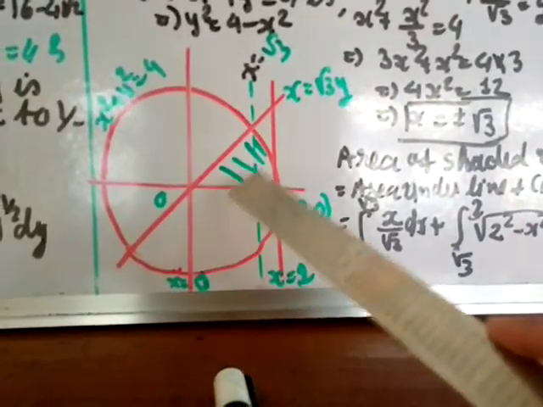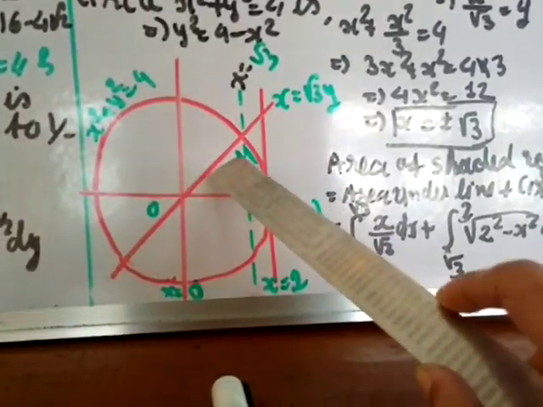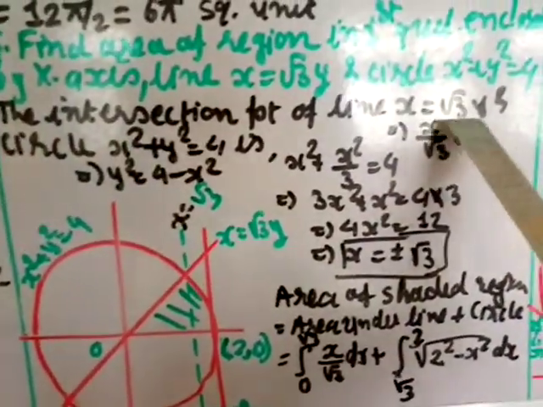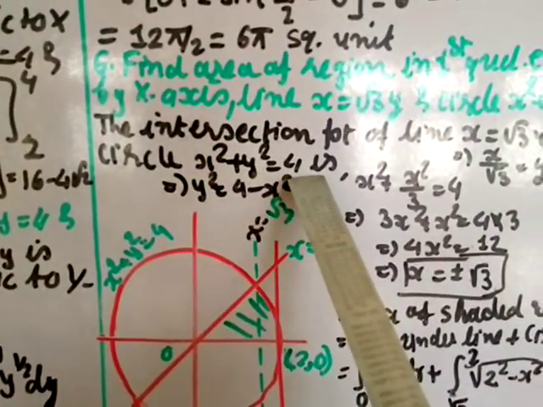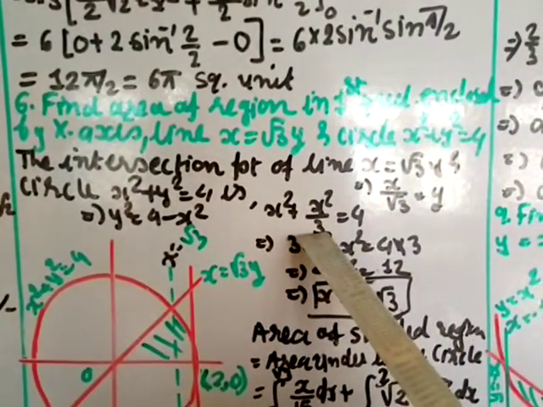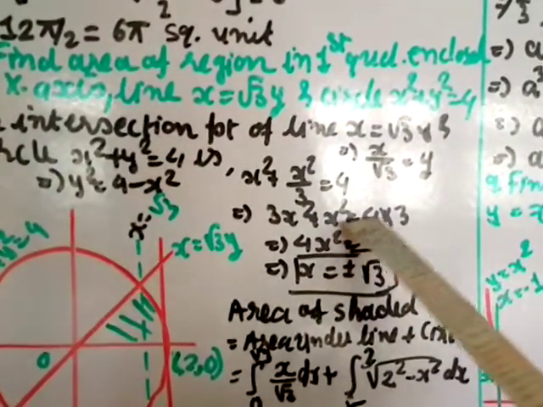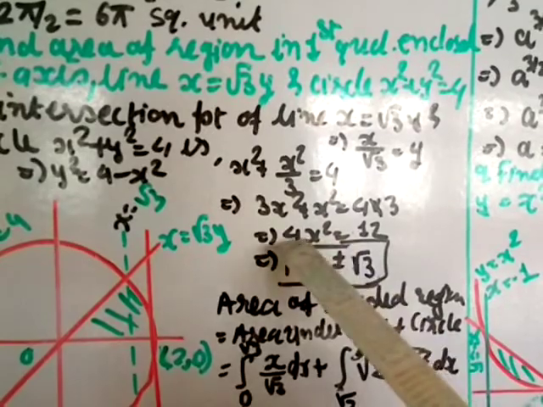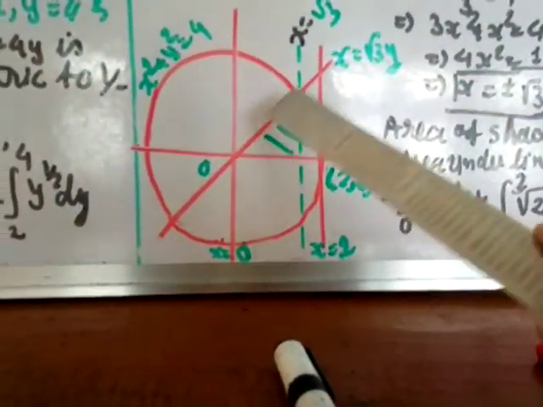So first I have to find the point where the line and the circle are intersecting. For that we will use both equations and solve. Here x is equal to root 3 y, so I can write y is equal to x by root 3. And this is the equation of the circle, x square plus y square is equal to 4. In this, put the y value x by root 3, so y square is x square by root 3 square, which is 3. Take LCM, so 3 x square plus 4, and this 3 I am transferring here. After taking LCM and transferring, 4 into 3 is 12, 3 plus 1 is 4, x square divided by 4, so we get 3. x square is equal to 3, take the square root, so x equal to plus or minus root 3.